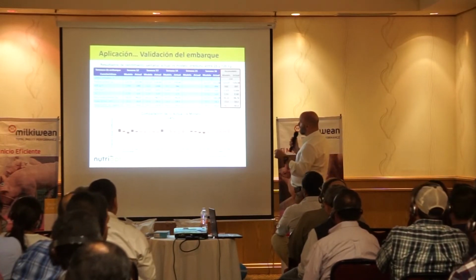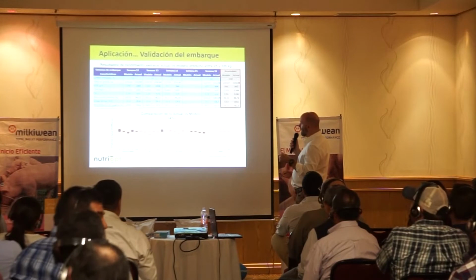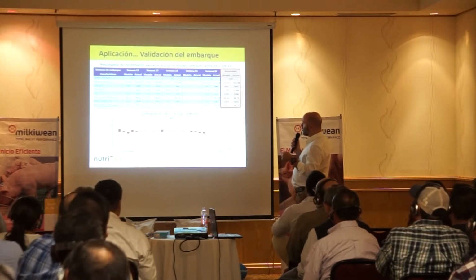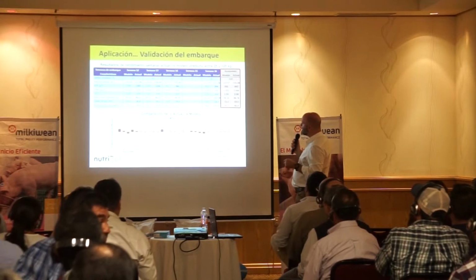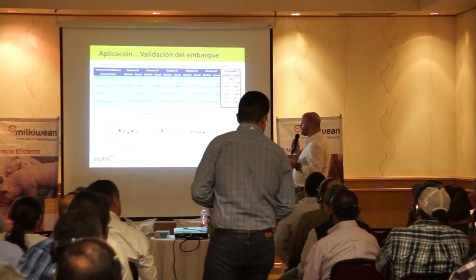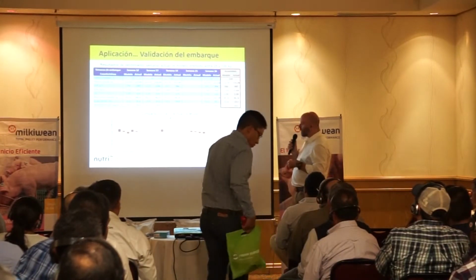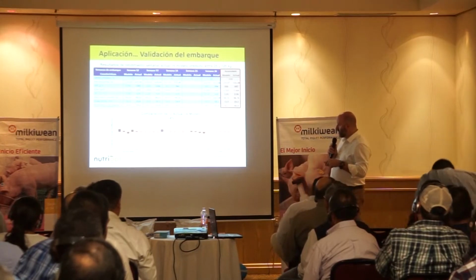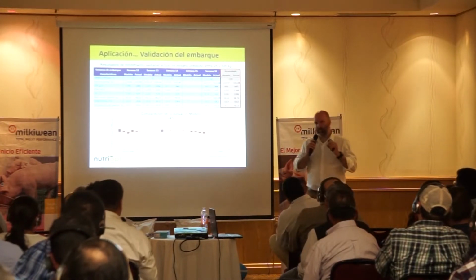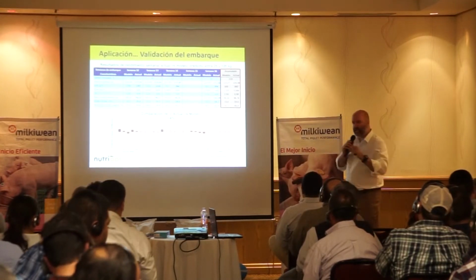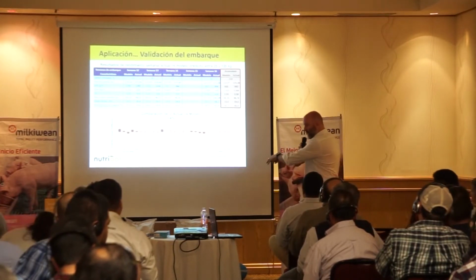If we look at the column at the end with the average results, it's very close on the end weight. It's very close on the average daily gain, feed conversion, and the carcass characteristics. So within this model, we've kept everything to being less than 4% variable from reality. So we're over 96% accurate in this result again.